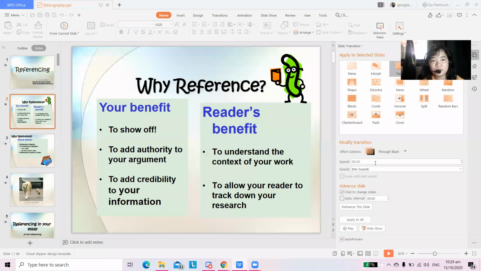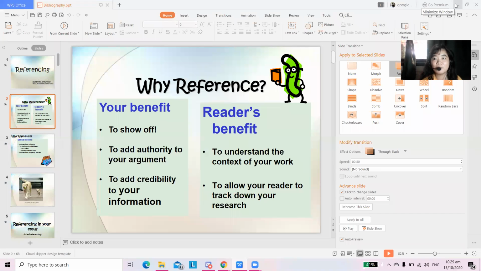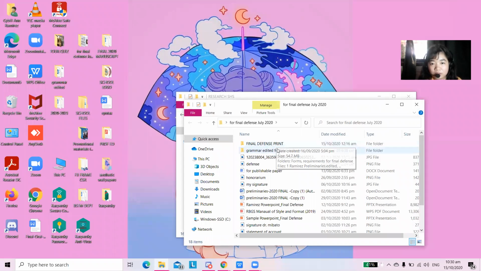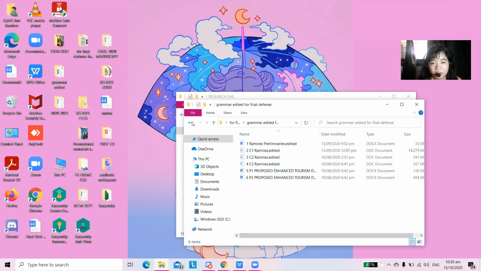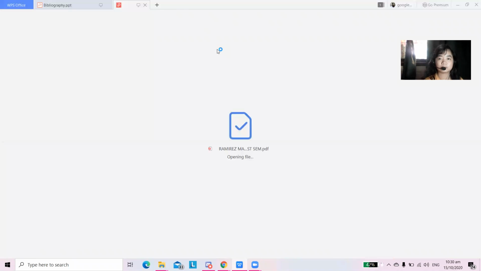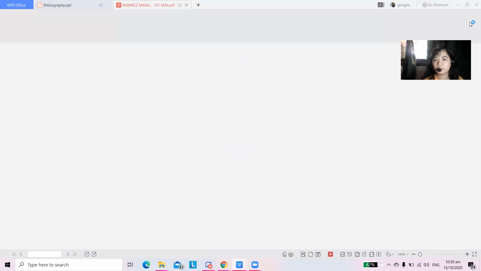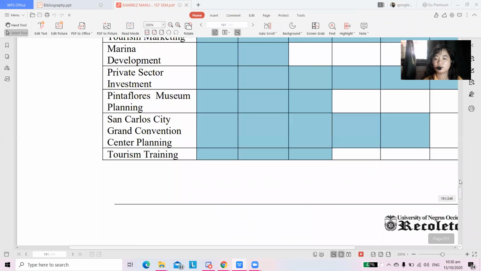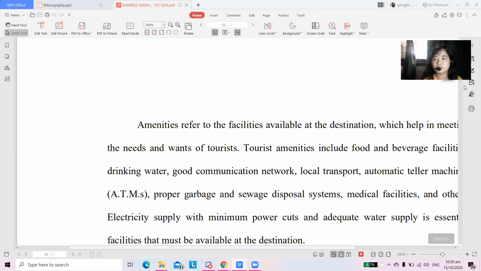So, I know you cannot fully appreciate what I'm talking about because wala mo kakita unsang itsura sa reference list. Actually, all books have a bibliography or parehas og itsura sa reference list. Okay, so I'll be showing you an example of a reference list from my paper. Scroll down. Okay, this is an example of a reference list class. No, pair up ni sila with citation.